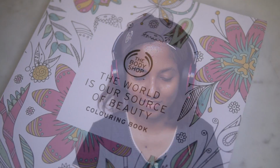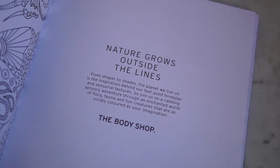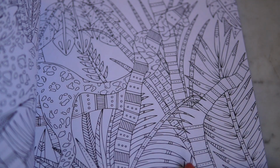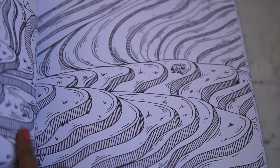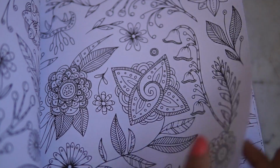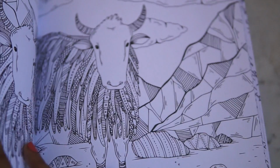I really like listening to audiobooks. So I'm re-listening to one of my favorites, which is Amy Poehler's memoirs. And the Body Shop's also released this beautiful new adult coloring book. I'm already really into adult coloring books and I've reviewed one on my blog as well. So I've really enjoyed painting in one of these beautiful flower scenes with color pencils. And let me know if you guys have ever tried adult coloring books and what is your favorite medium. I've been thinking about using brush pens or even dabbling in watercolor, though I'm really messy. But yeah,